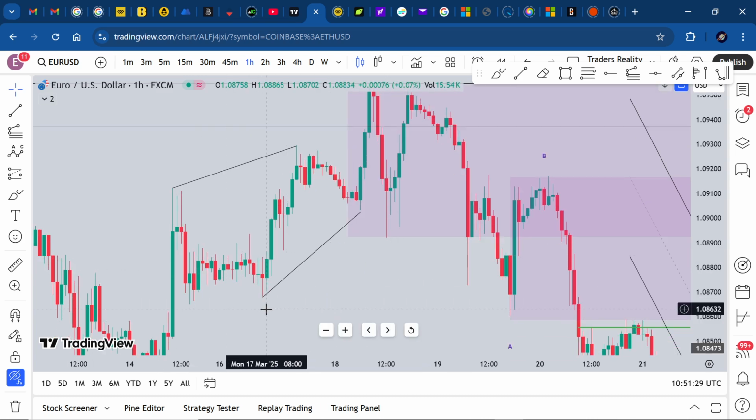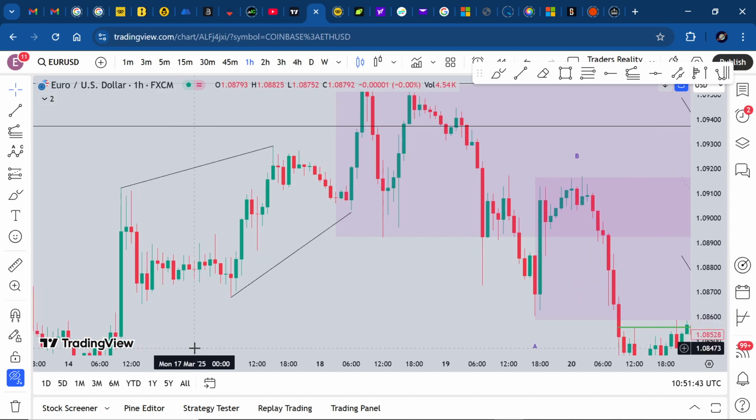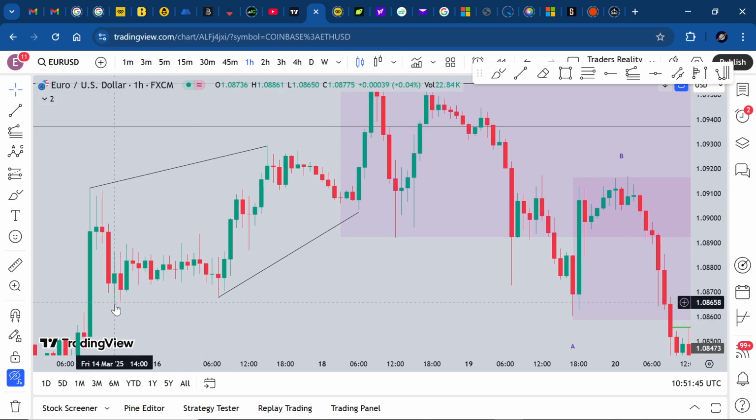Alright, we've got a candle here, even here, okay? Let's just use this one because it's the lowest, right? This candle is lower than the candle to its left and the candle to its right, okay? So we've got candle 1, candle 2, and candle 3. When the high of candle 3 is taken, you want to look for buys. It comes back down into the demand, and you want to buy it,